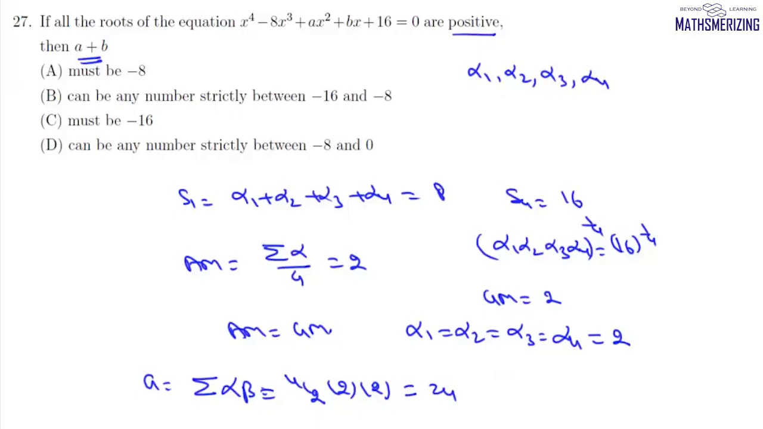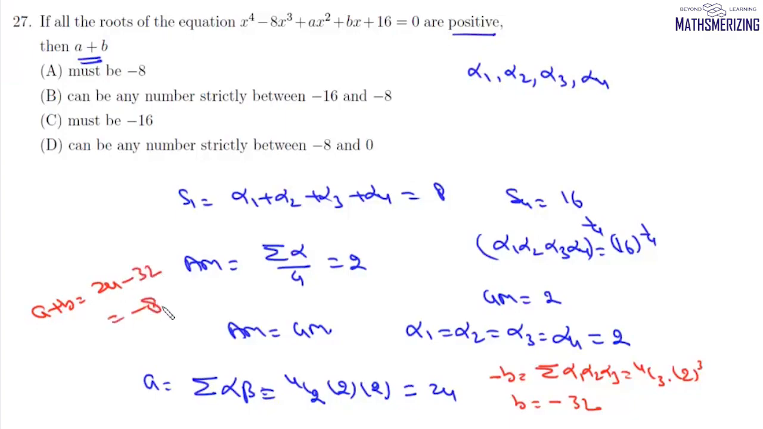Now in the same way, we can find the value of B. B is this cyclic summation alpha 1, alpha 2, alpha 3. So it can be done in 4C3 ways, and then it will be simply 2 cube, and we'll have this minus sign. So it will be equal to minus B. So the value of B will be minus, and then 4 into 8, and 4 into 8 is 32, so B is minus 32. So the value of A plus B will be 24 minus 32, which is minus 8,